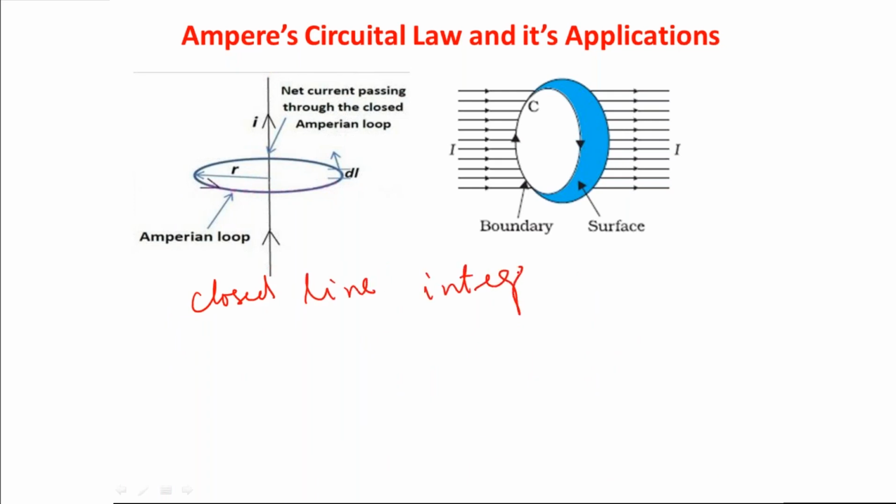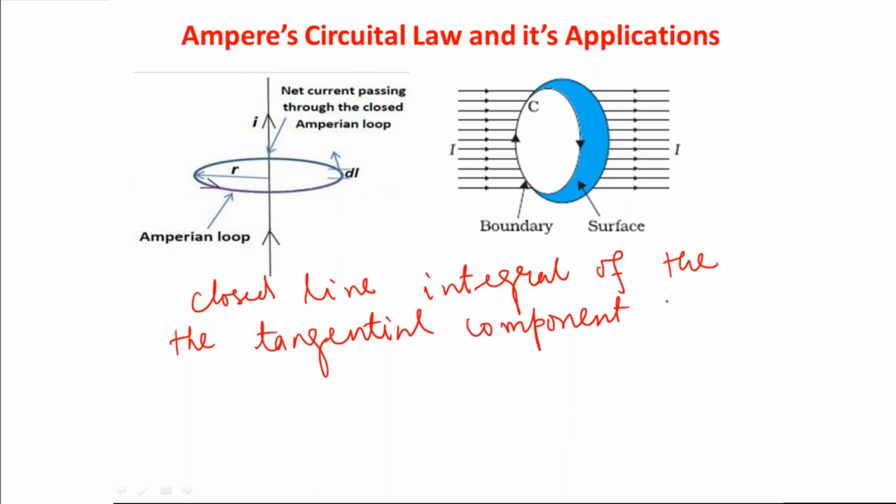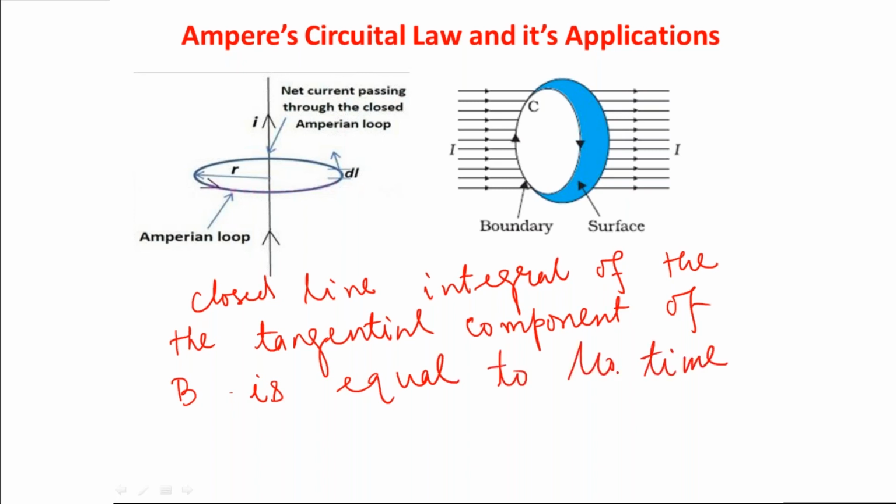So the statement you can write is actually: closed line integral of the tangential component of the magnetic field. I'm writing B simply. Magnetic field you have to write. Closed line integral is equal to